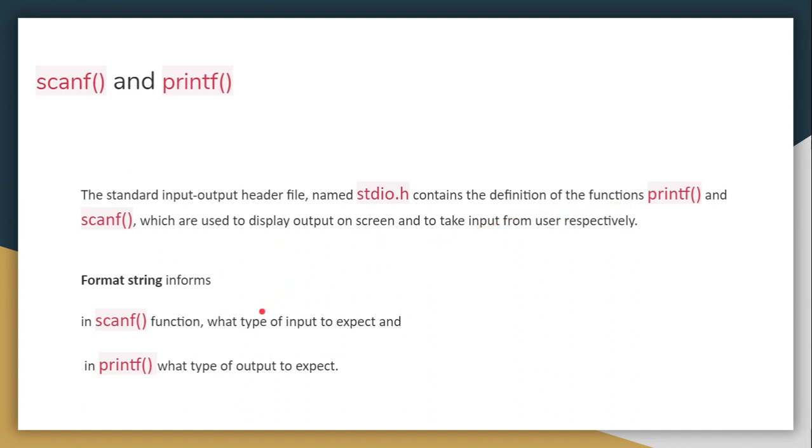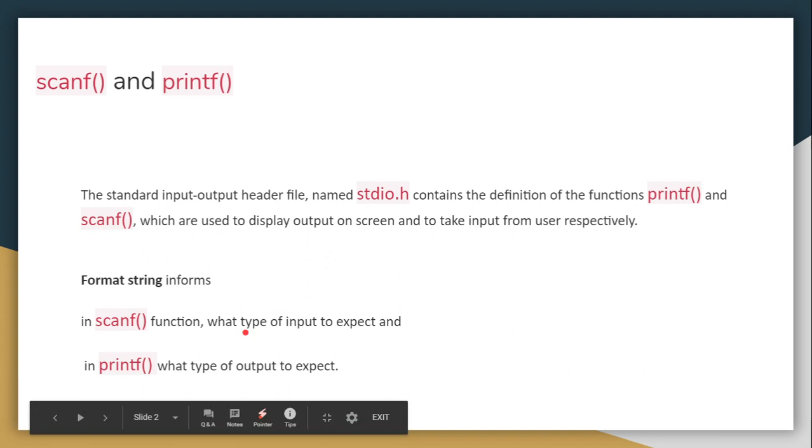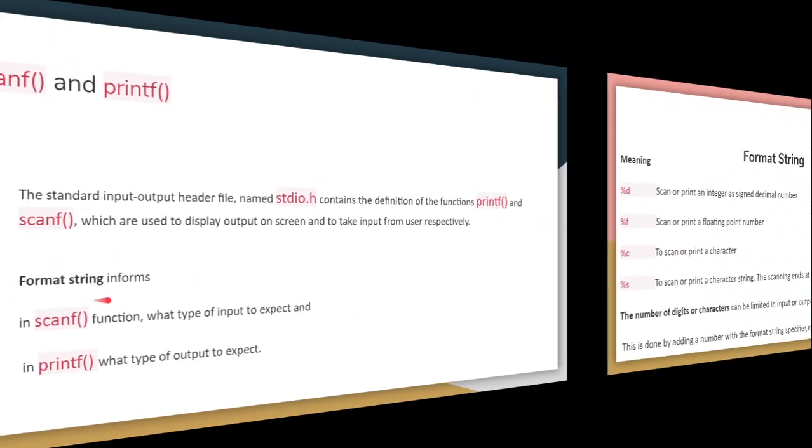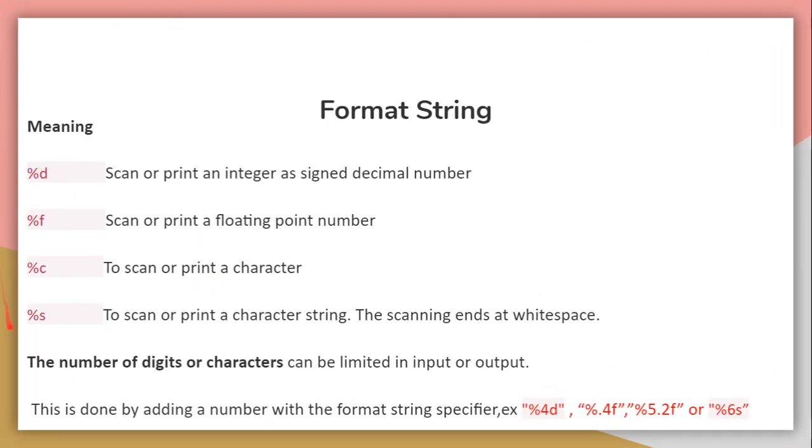We also have some format strings in these functions. What is a format string? We actually expect some type of input. For example, I want to input an integer value, a float value, a char value or a string value; that is called the type of the input. We expect some type of input and also want to print some type of output. For that we have to use the concept called format string. These are all the format strings we have used in our programs.